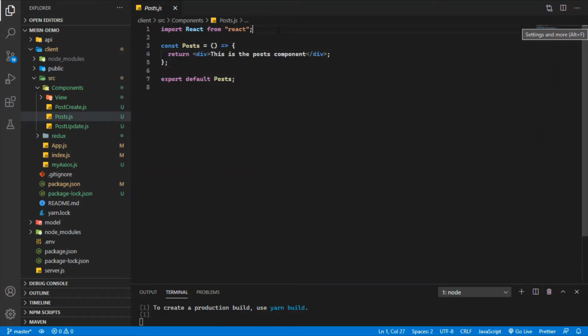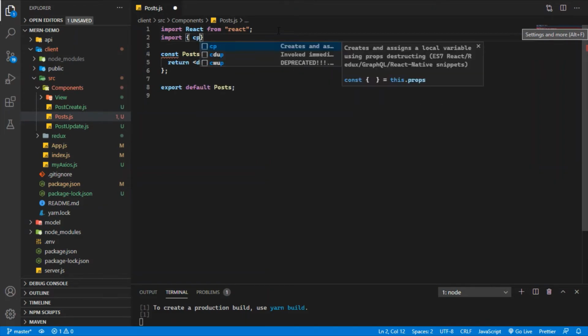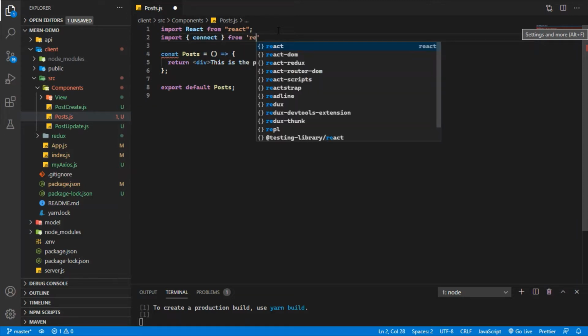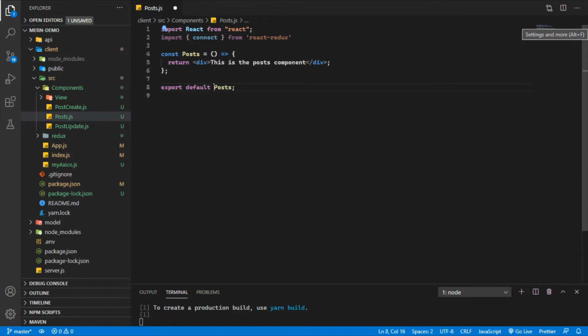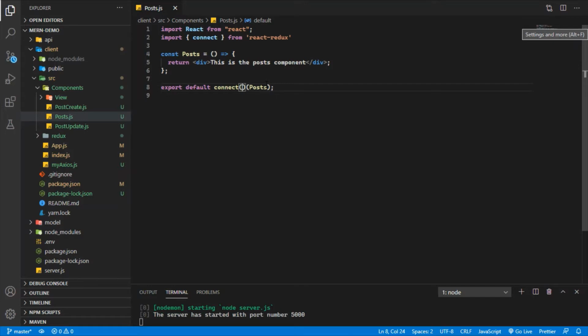First of all, let me connect my post to the Redux. For that we are going to import connect from React Redux, and in the connect we are going to wrap our component, and in this function we are going to pass two things.